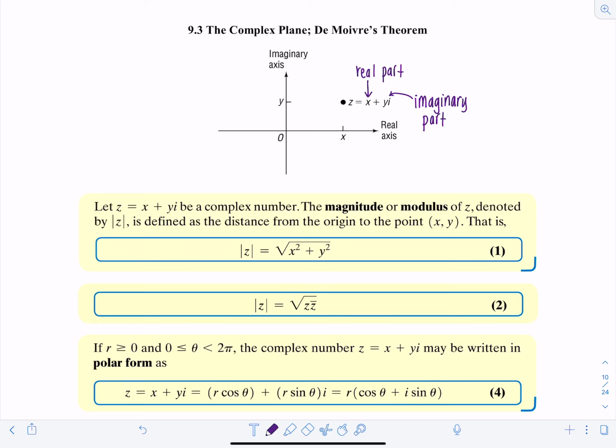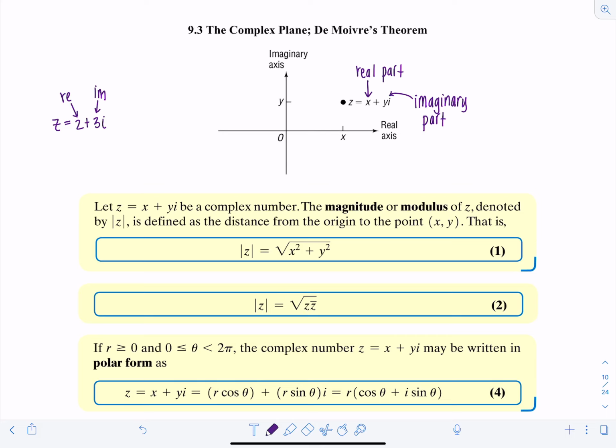Okay, so z could be something like 2 plus 3i. So 2 is the real part and 3 is the imaginary part, where i is our imaginary unit. Now we've seen the need to introduce complex solutions before when we were solving equations. And remember, we couldn't find real solutions, so we would have to open up our field to include imaginary or complex numbers. So first definition here, let z equal x plus yi be a complex number, and the magnitude or